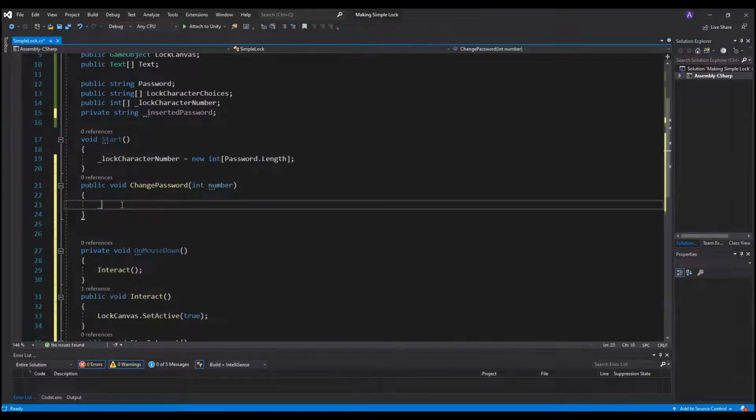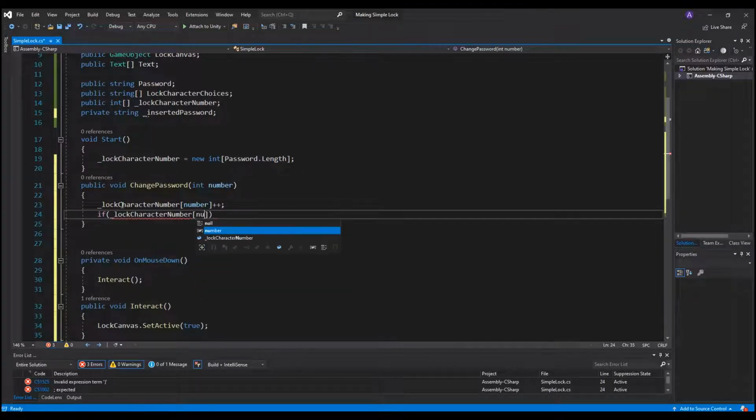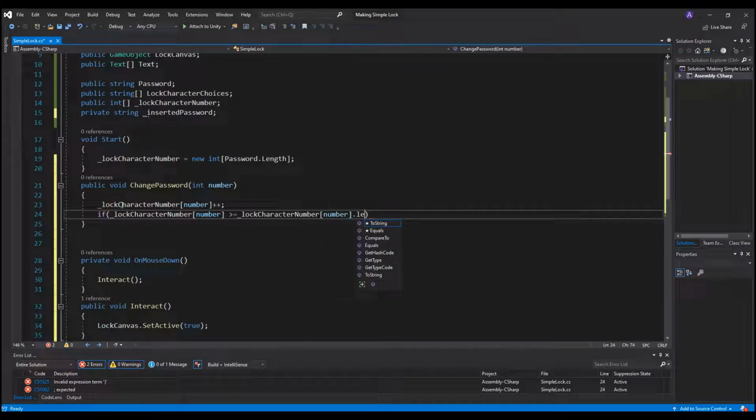So let's say lockCharacterNumber is increased, and then check if it has not exceeded the index. So if indexNumber is greater or equal to the length,